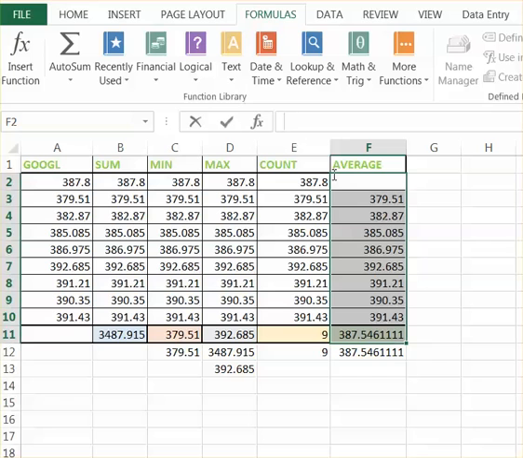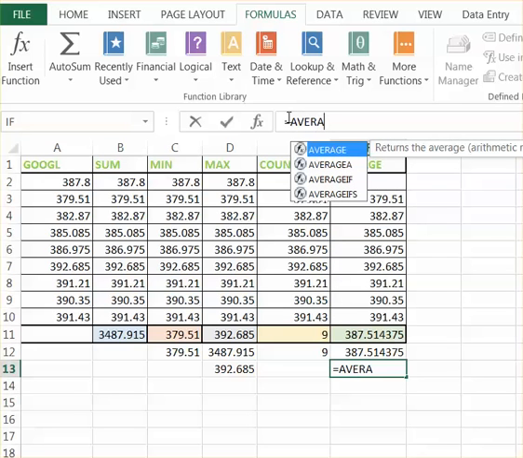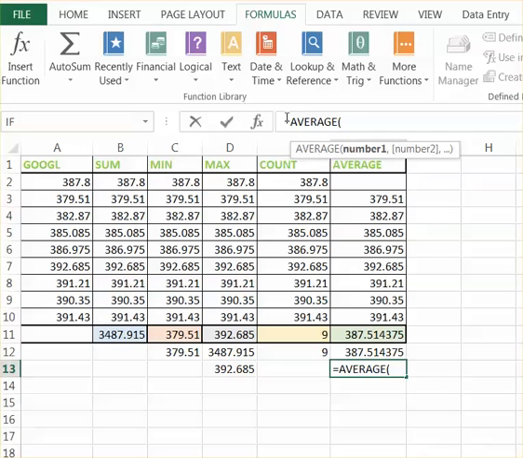I can also show how to write the formula here for the average. I have to select first where I want to put the result. Then I have to type here the equal sign, average, then parenthesis.